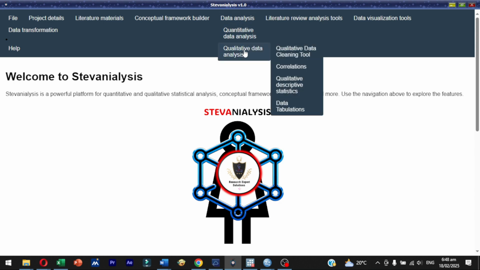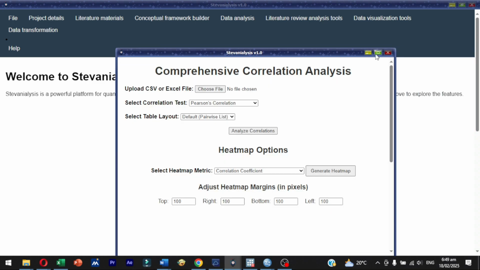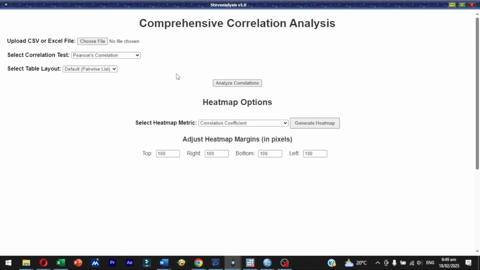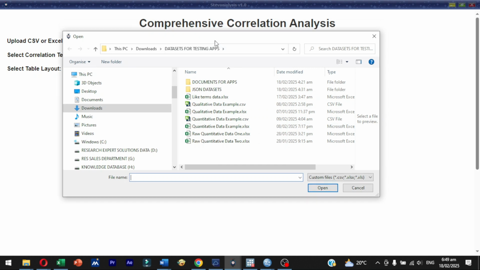So let's go to correlations first. Okay, so in correlations we want to just run a few correlations just to show how the analysis gives you the ability to run those correlations and just visualize the outcomes in a particular way. So first and foremost, we upload data that could be CSV or Excel format. So let's do that. So for this one, I'm going to bring in quantitative data, because when you are running a correlation,